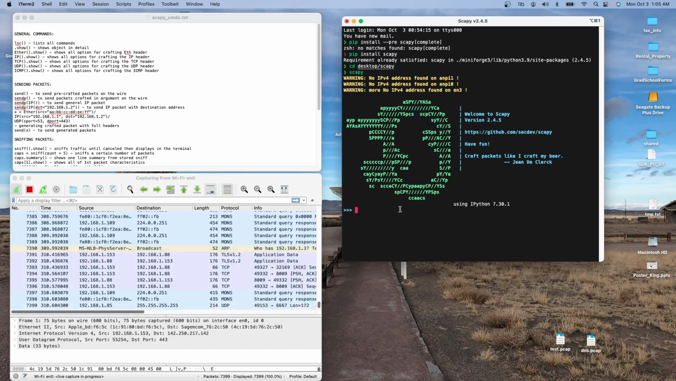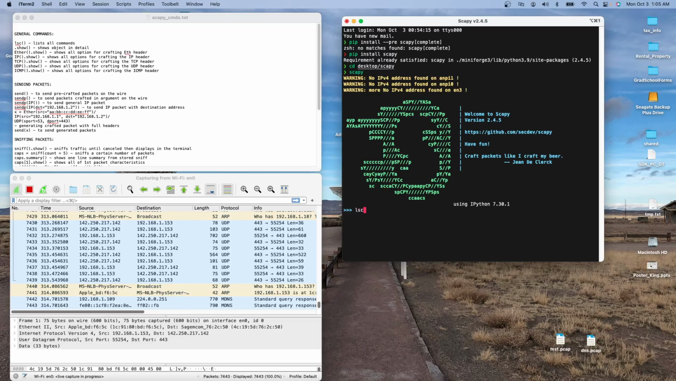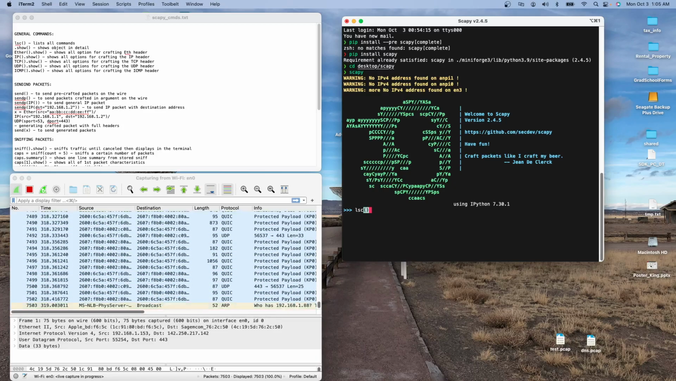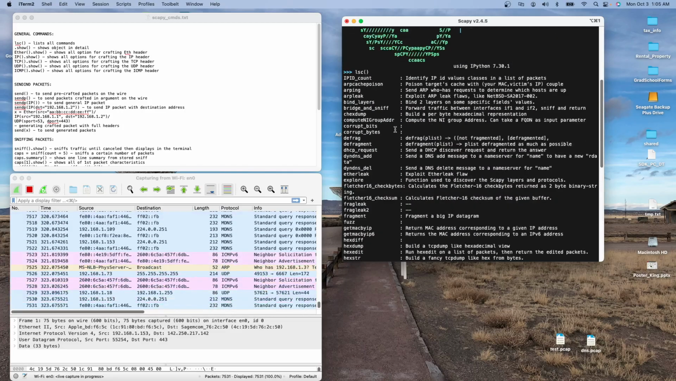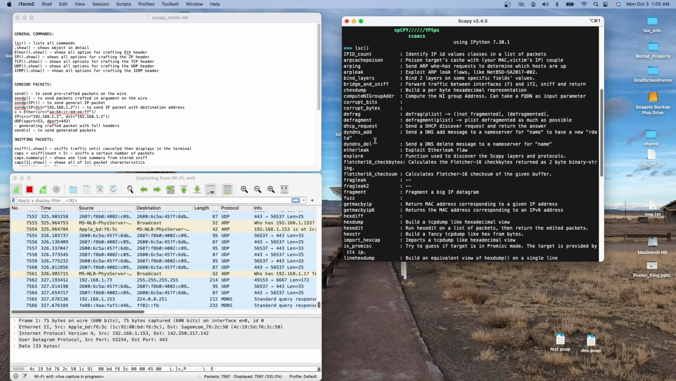Okay, without further ado, we're going to start with general commands, and the most important command I've found is this lsc command, and this lists all of the commands that Scapy has available. And again, tons of different commands. We're going to be going through not even half of these, but